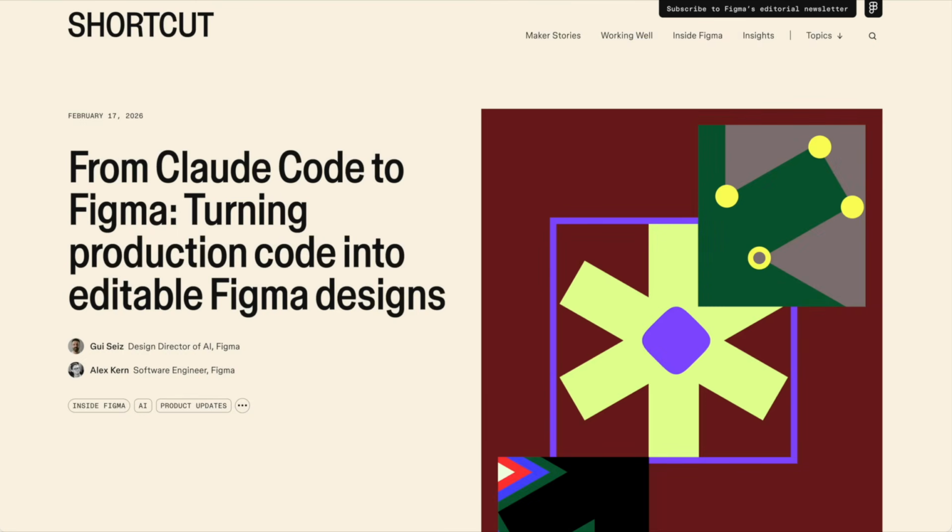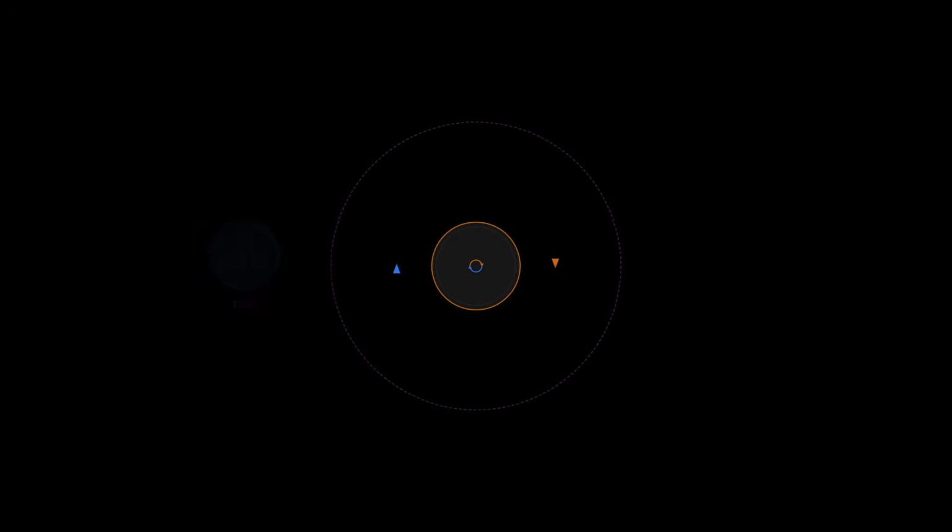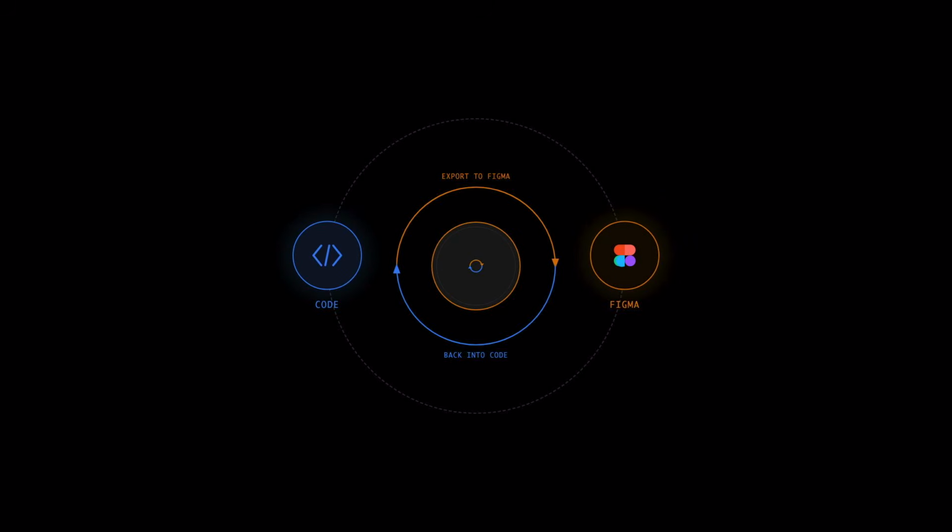Okay, I've been playing around with the Figma Code to Canvas that has been all over the internet. Essentially, it's an update to the Figma MCP, and the result of it basically means that you can take your code and export it into your Figma file, and then from your Figma file back into the code. And I want to tell you why I think this is a massive shift in how we build applications, but